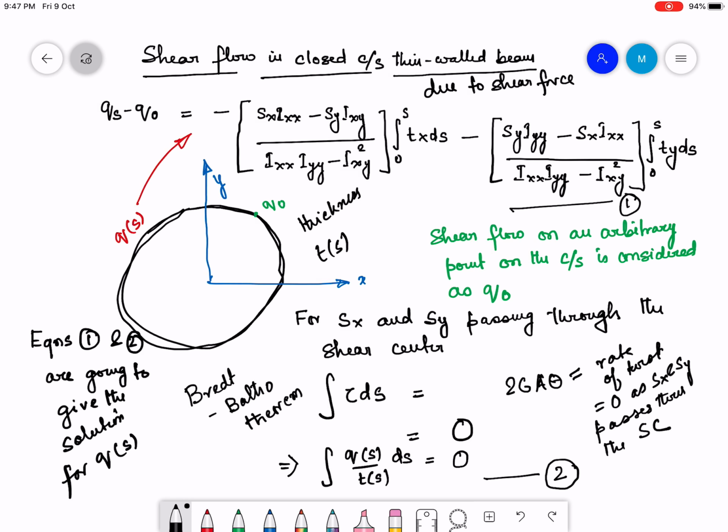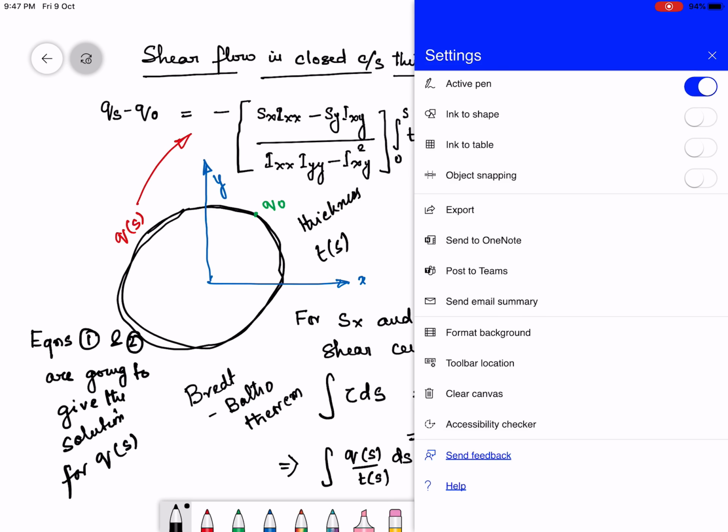Okay, so that is the overall idea, right? So let me solve an example, and this will be furthermore clear if we solve this example. So let me draw the